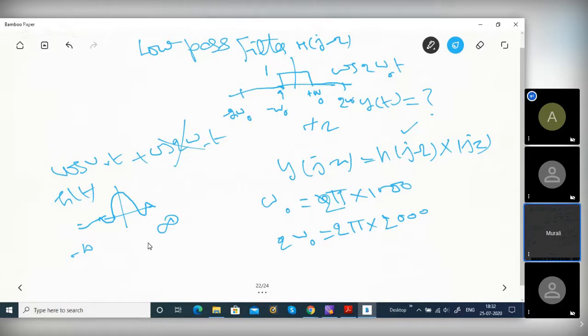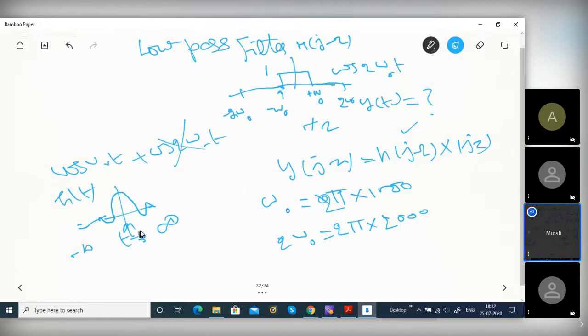No, sir, because the bandwidth is infinite. No, this is time, not frequency. The frequency limit omega naught is finite, say 1000 hertz; the bandwidth is not infinite. This is the time axis. There are two reasons why you cannot implement it. Is it causal? We also will not get the sharp edge. This is t equal to 0.